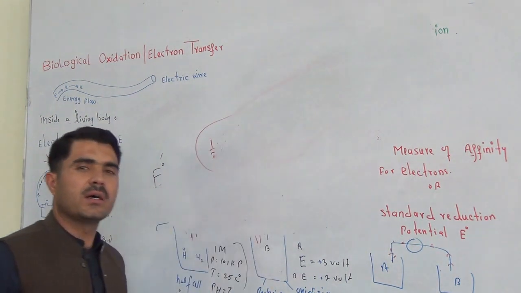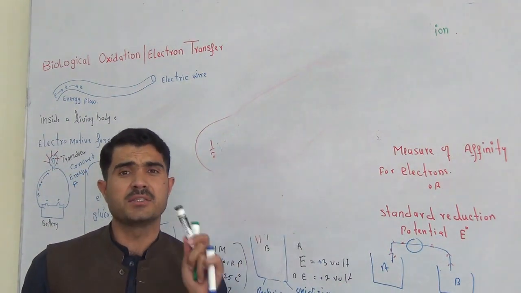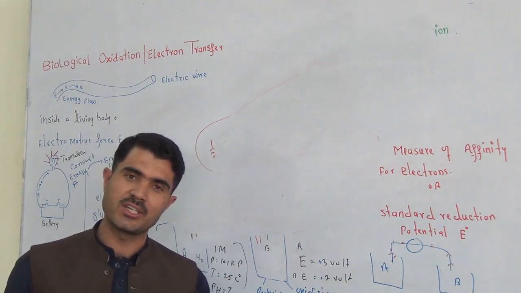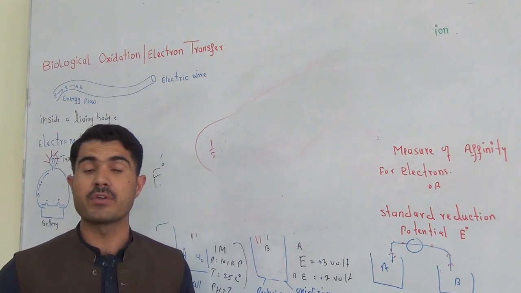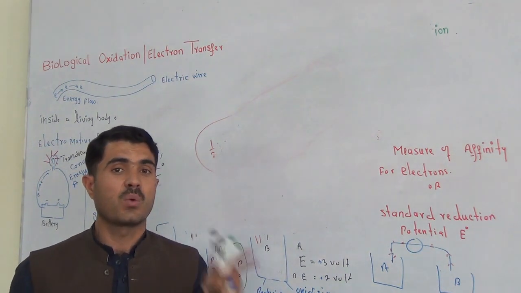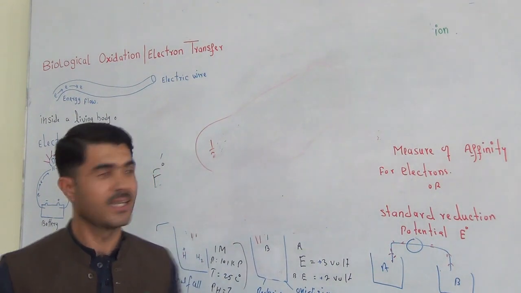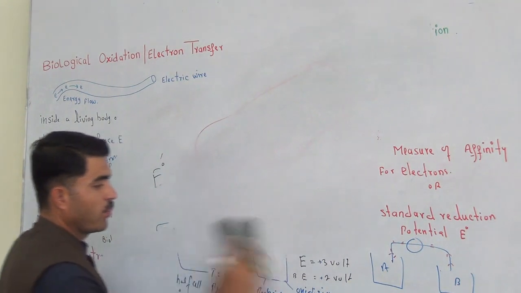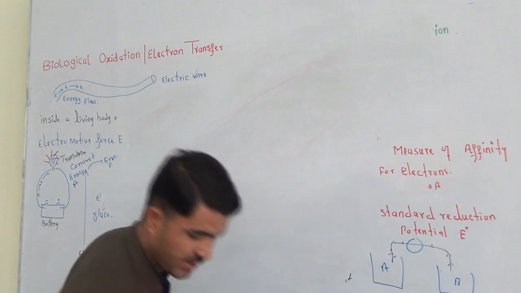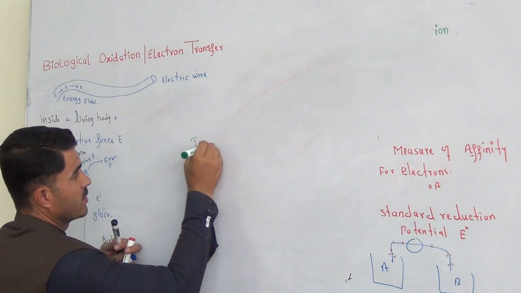So we can determine not only the reduction potential of an atom or an ion, but also the reduction potential of a complete reaction where oxidation and reduction take place. Inside the living body, we have thousands of reactions, and every redox reaction has its own standard reduction potential. Now the last question: what is the importance of this reduction potential? The importance of the reduction potential is that